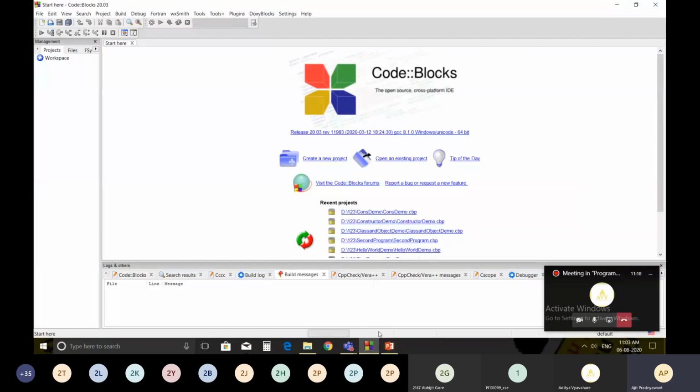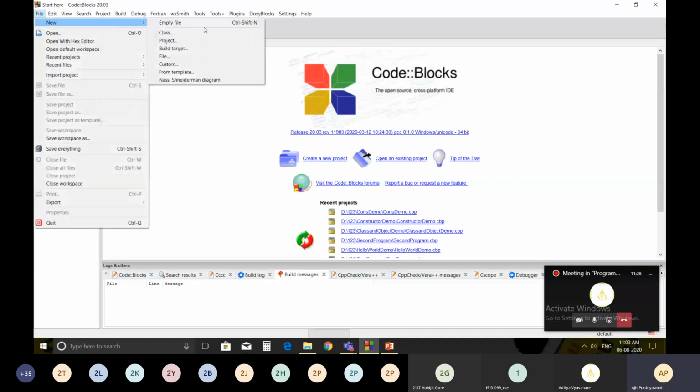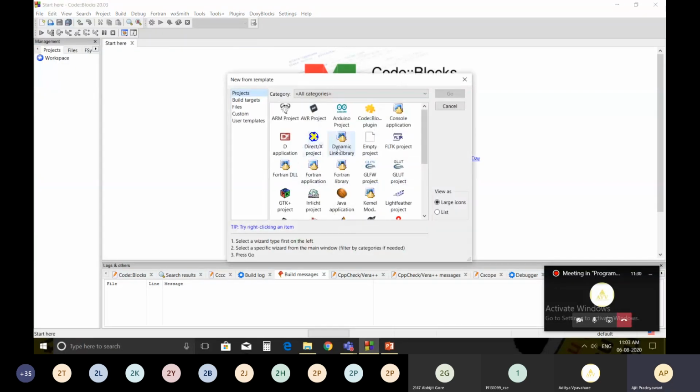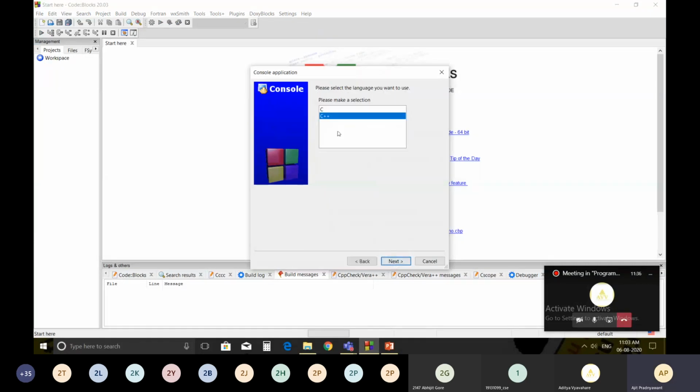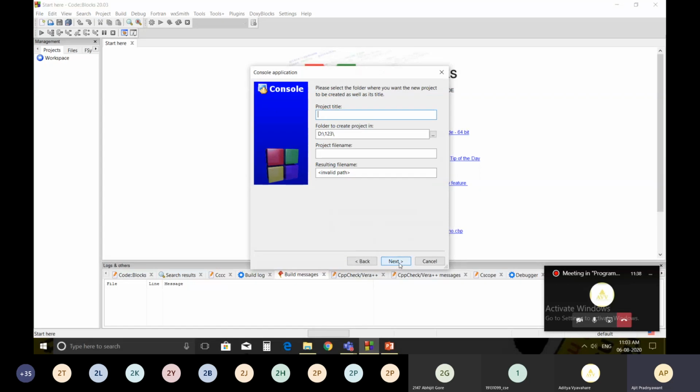So here it is. You have to open Code::Blocks and create a new project. I am going to create a new project named function demo. Choose the language; you are familiar with all these things.